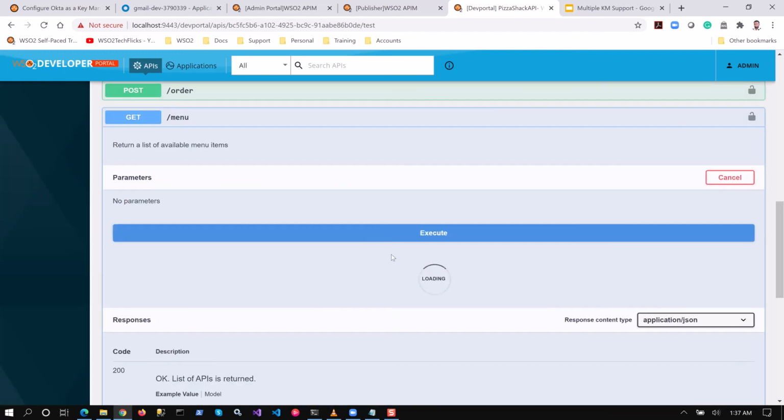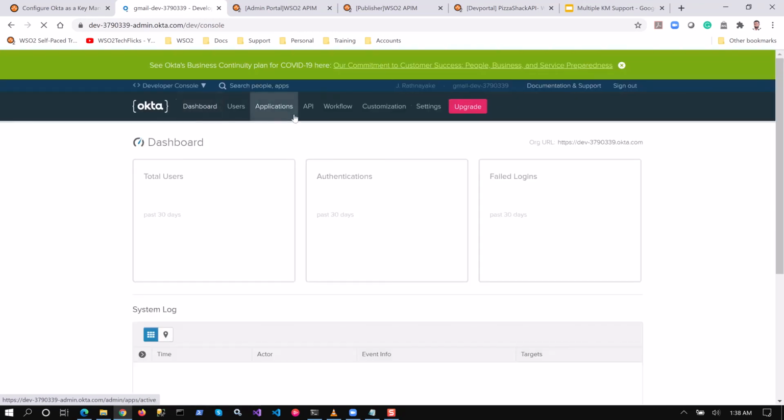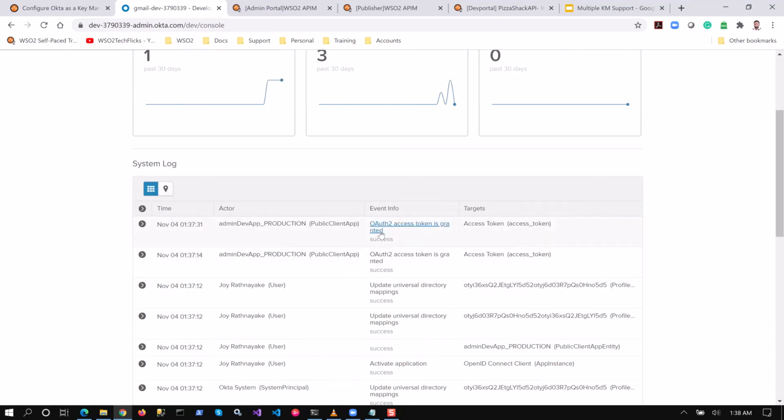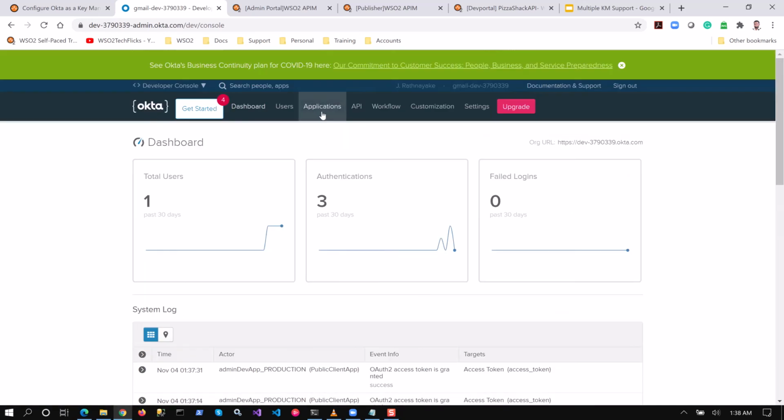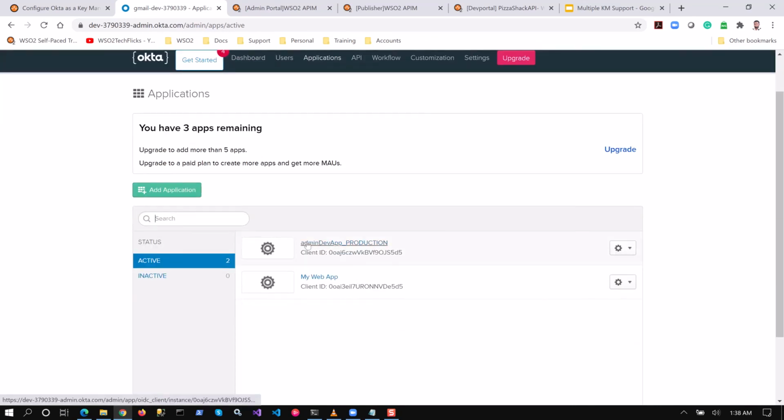operation. And at the same time, let's go to the dashboard of this Okta developer account, and if you look at the system log, you can see an OAuth2 access token is generated, and if you go to applications, you will see the new application I created from the developer portal.